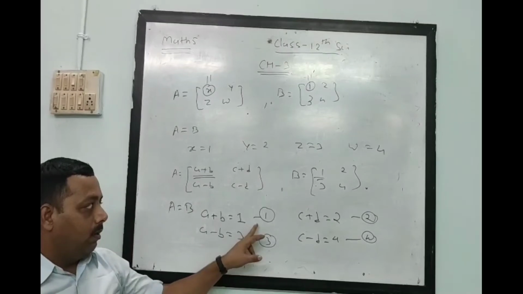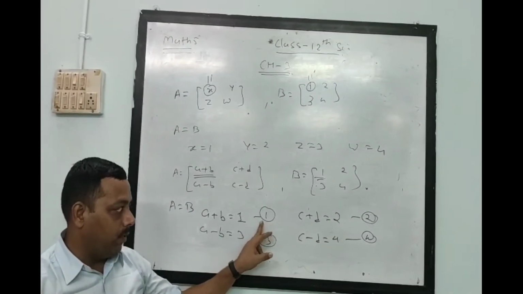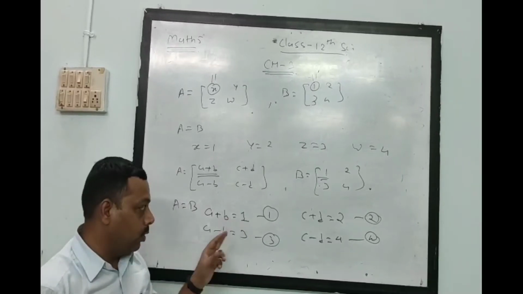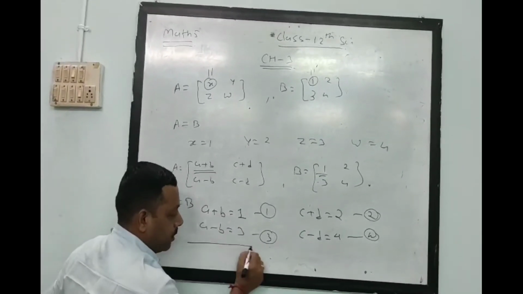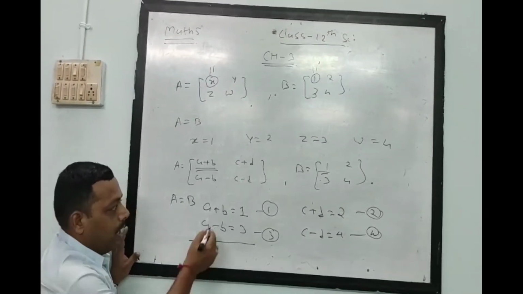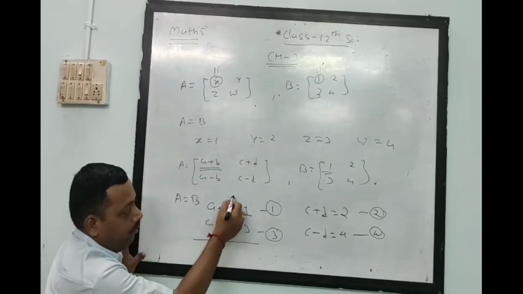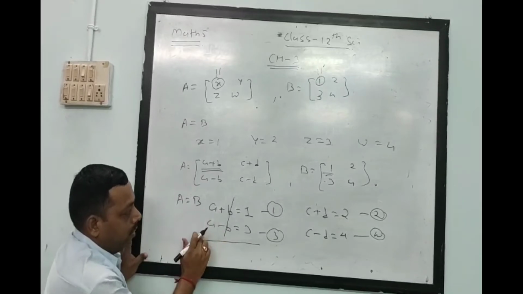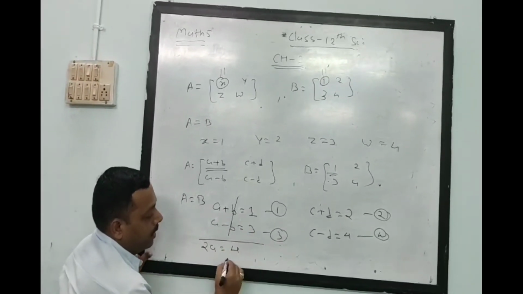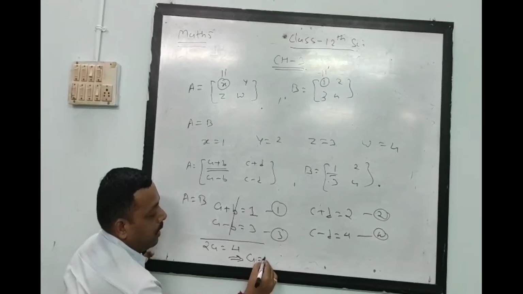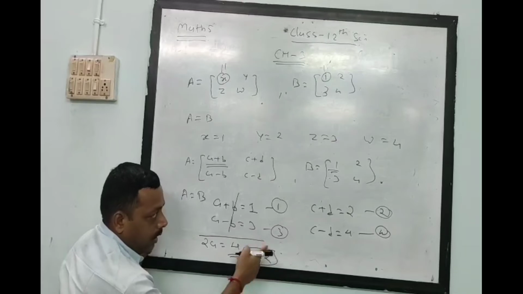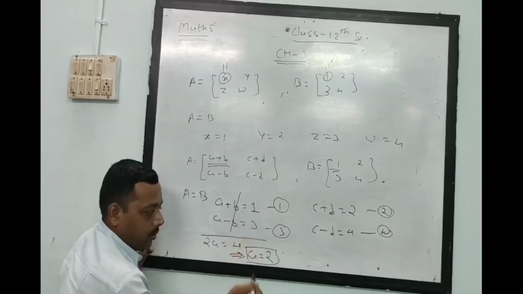Now here we can see that equation 1 and equation 3 is the combination of A and B. So by elimination method, substitution method, or cross multiplication, it is up to you how to solve. I will here use elimination method. B gets cancelled. So the answer is 2A is equal to 4, and as a result we will get A is equal to 2. Now substitute this value of A in equation 1 or 2, it is up to you.